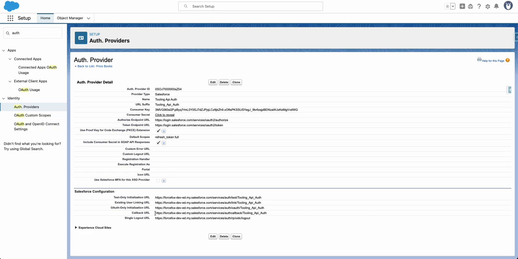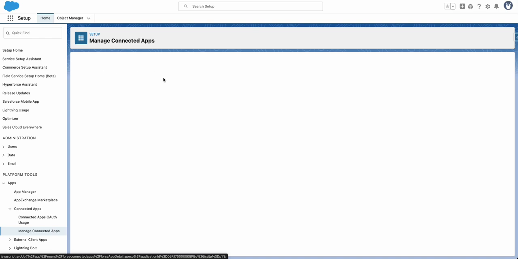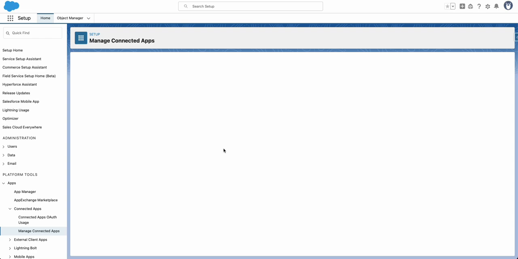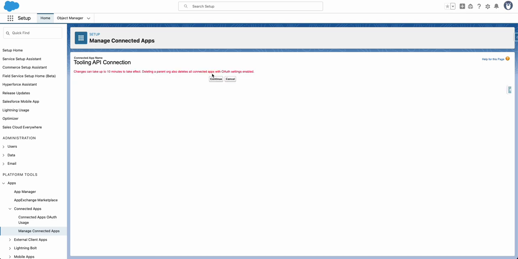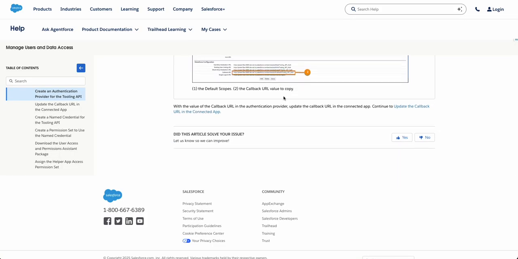And now we have here this callback URL. We can copy and go back to our connected app and edit this once again. And now we will change this callback URL to the one we've just created. Okay, once we're done with that, we've updated it, and now we have to